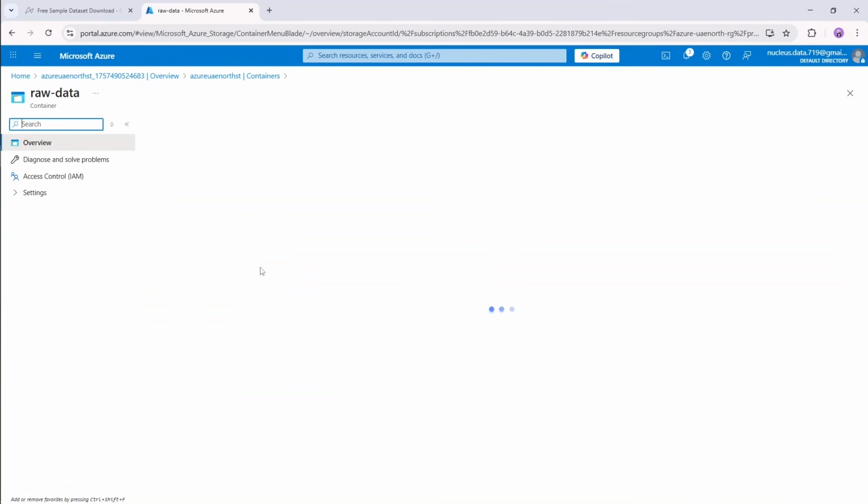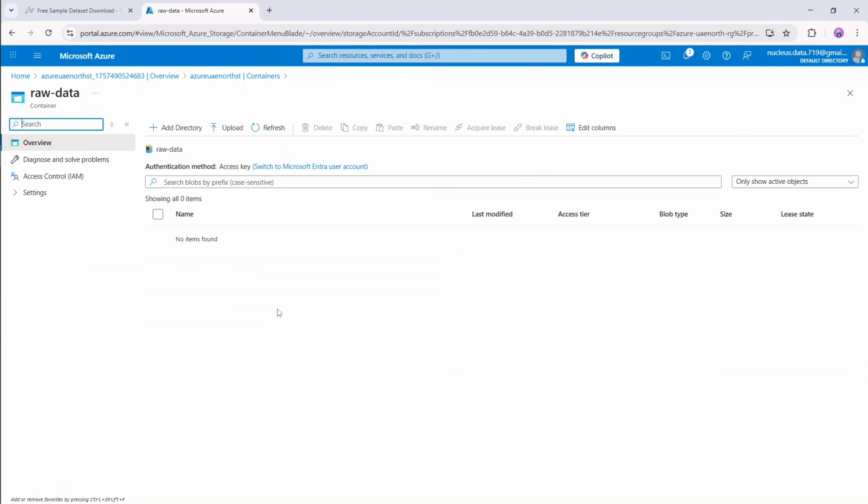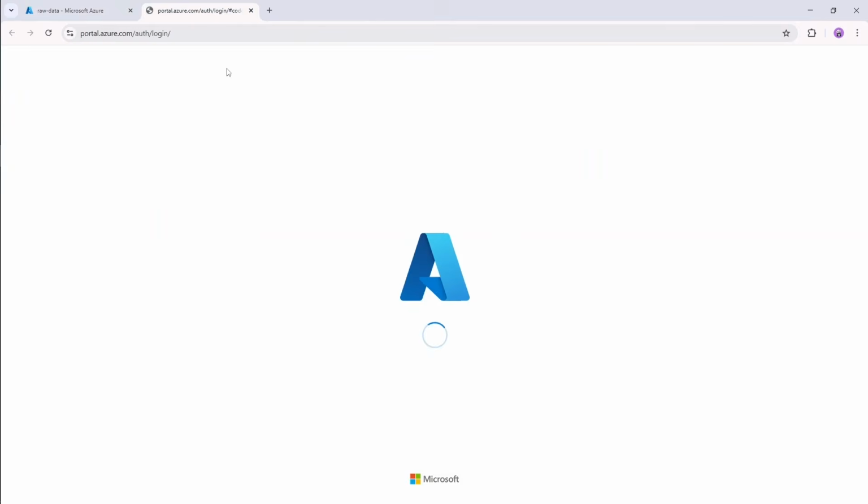Now raw data is where our initial data will be coming to. Now we need Data Factory in place. So open Microsoft Azure in another tab, remove this, and